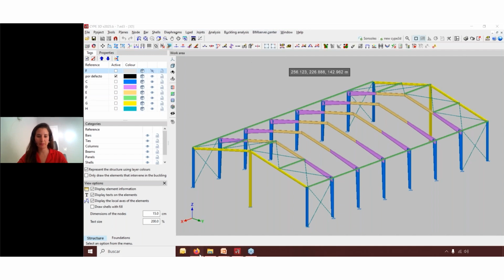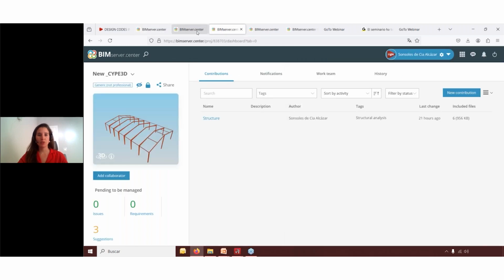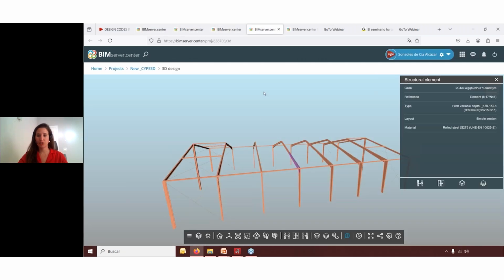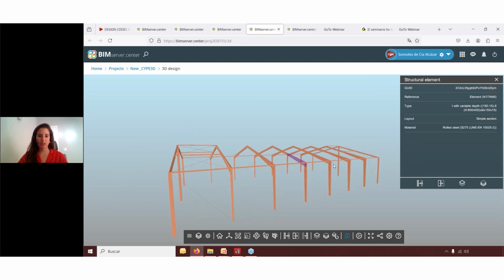So if we Google BIMserver.center, anyone can create an account with an email address and a password. You can easily access BIMserver.center, where you can create your BIM projects and share them with anyone. Even if they don't have a BIMserver.center account, they will be able to take a look at your BIM projects, exporting these